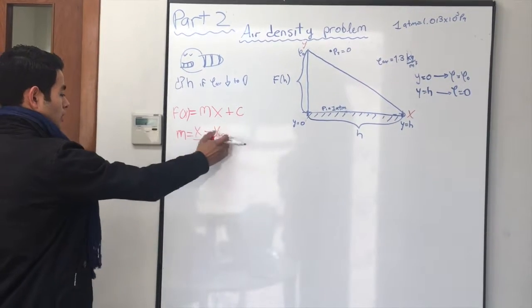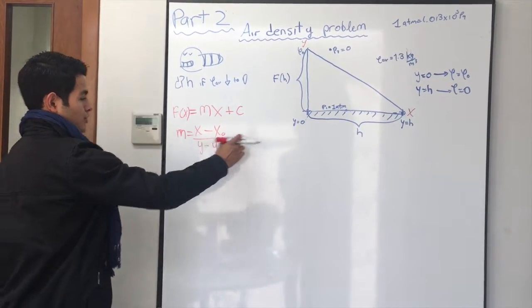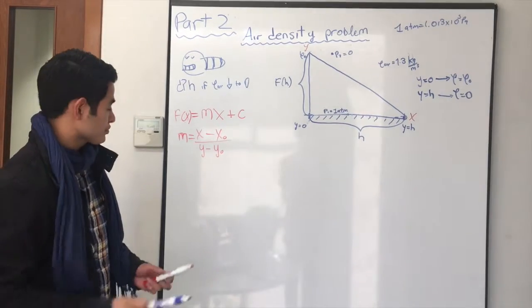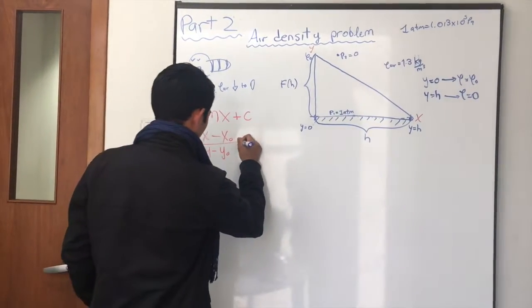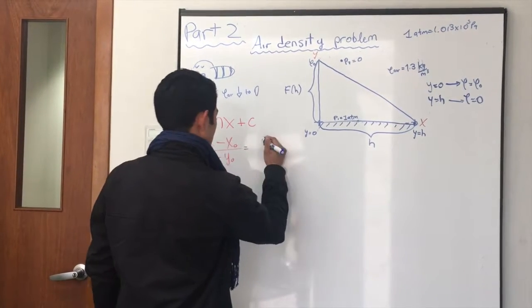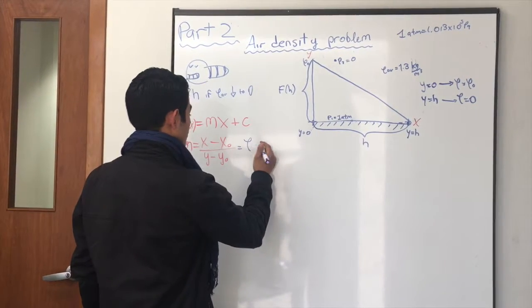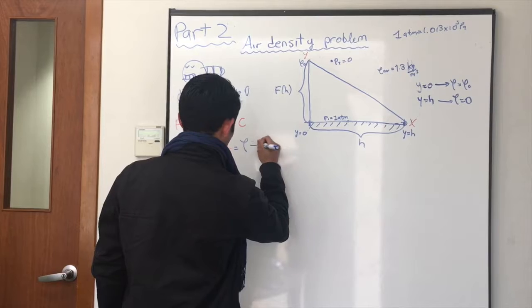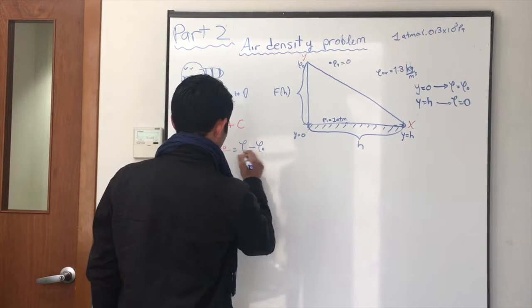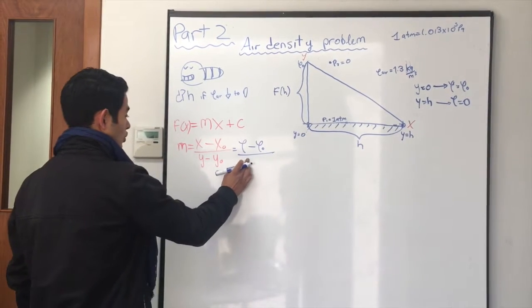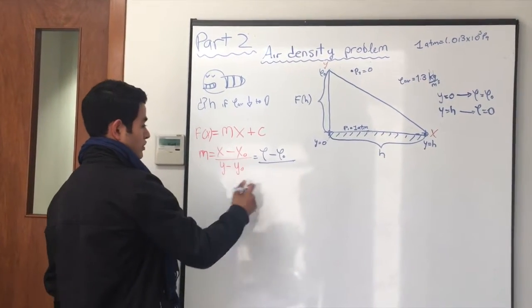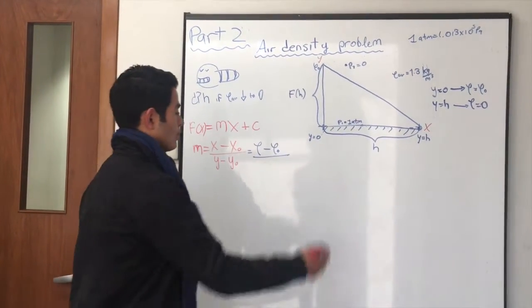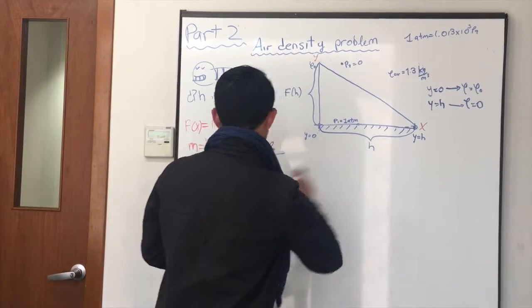And well, now we will put this in terms of this, and it will be density minus initial density over y minus initial y, but all this is our h, so